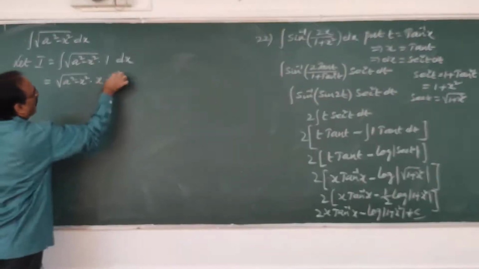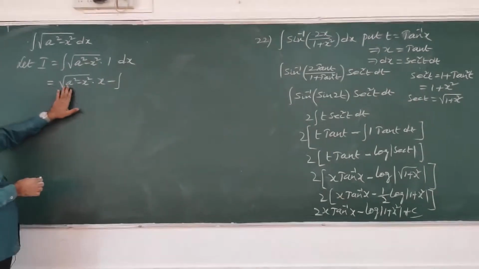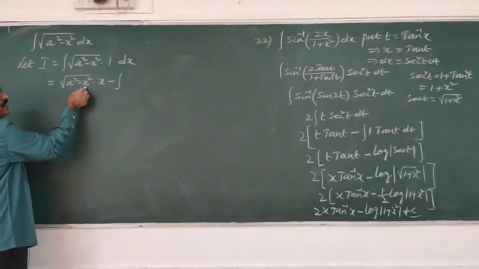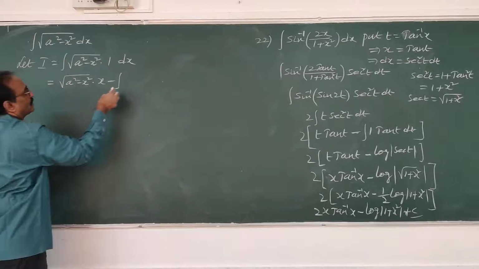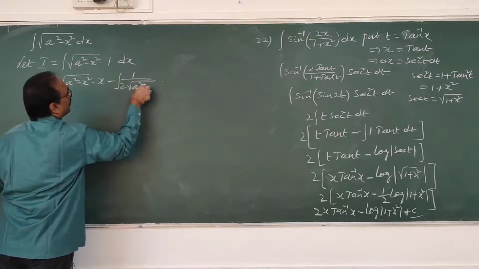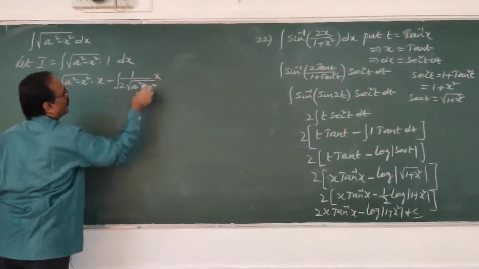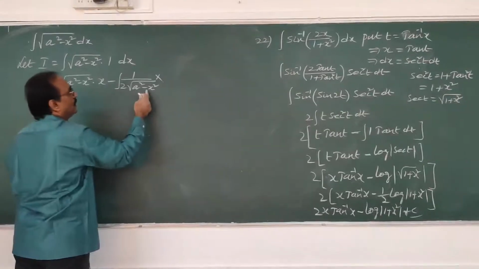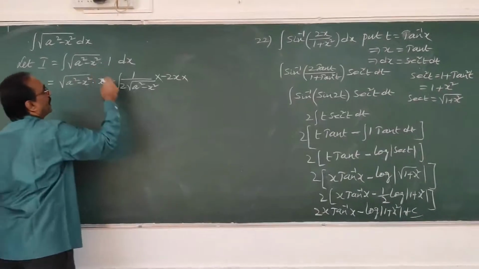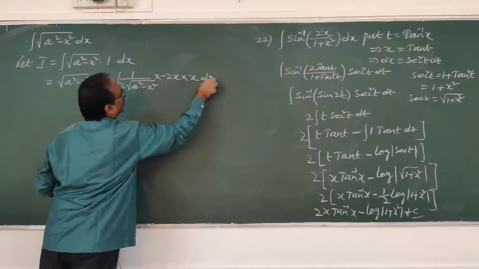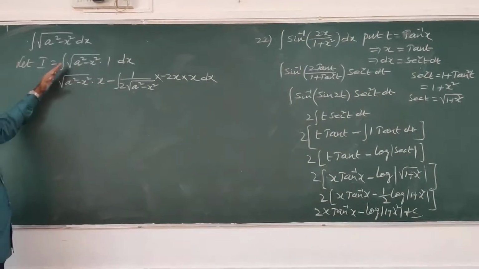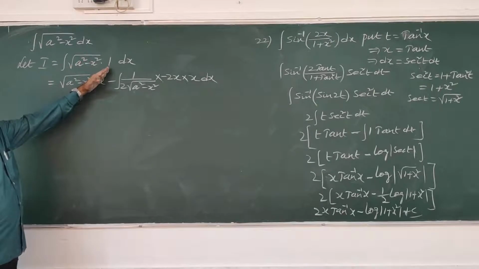So as you know, first function, root of a square minus x square, into integral of 1 dx, which is x, minus integral of the derivative. Be very careful. Inside, a square minus x square I treat as x, then root x. What is the derivative of root x? 1 by 2 root of a square minus x square into the derivative of a square, constant, 0, and the derivative of minus x square, minus 2x, into integral of 1, x dx. Once again I will tell you, if you know this, half of the problem is over. First function, there is no second function, we put 1.